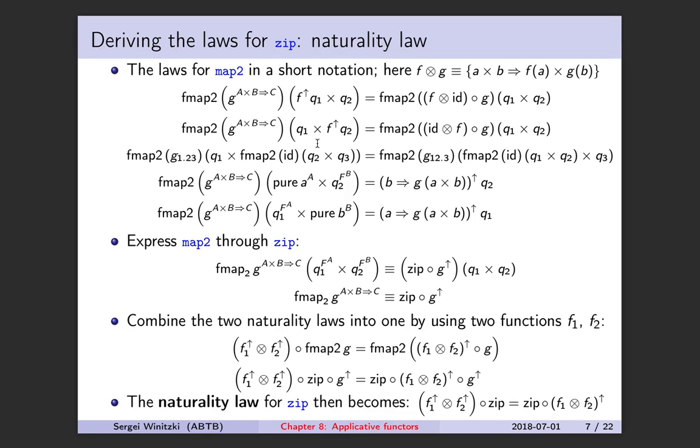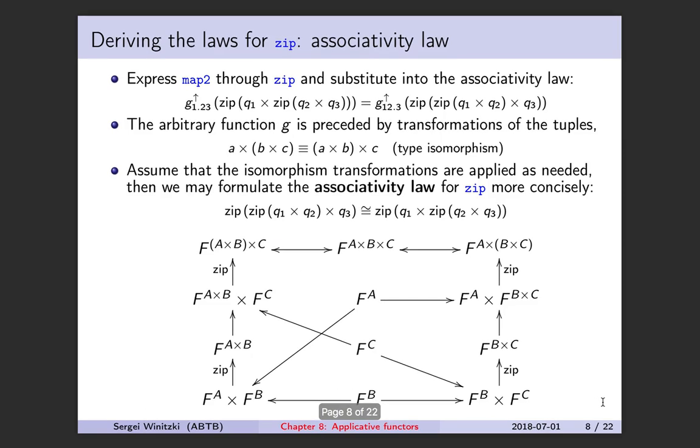I then formulate these laws in a short notation so that it is easier to do calculations with them. I express map through zip and start deriving laws for zip. The naturality law for zip can be formulated as an equation like this, and the associativity law for zip